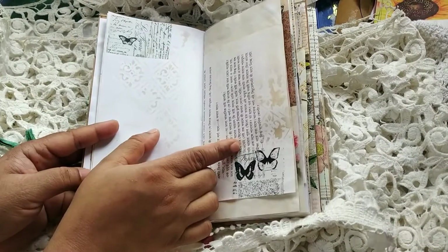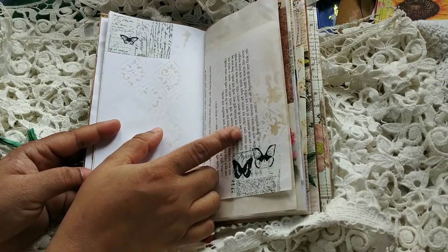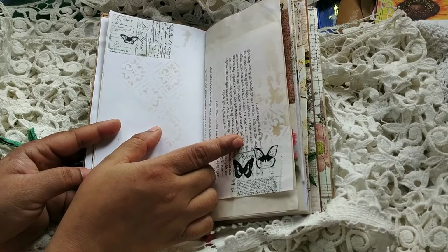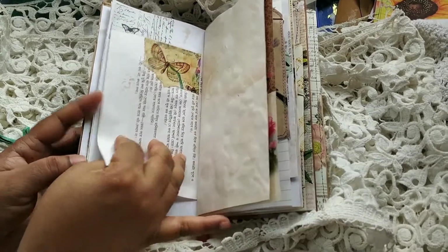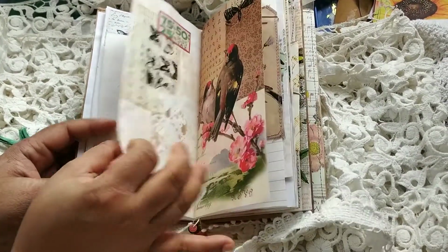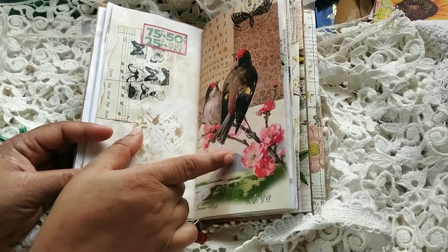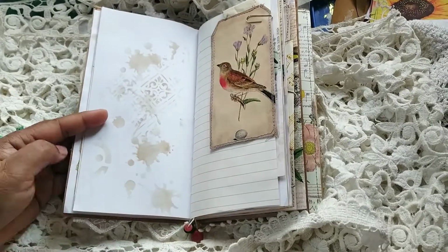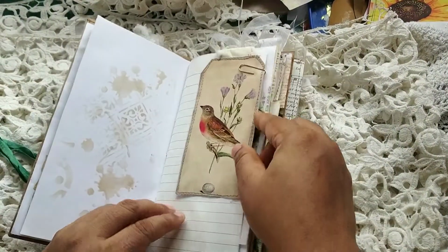And on the other side, this is a very old Bengali book page. Bengali is my mother tongue, and incidentally, that was also the language of Tagore. So that's a book page that I've used, and I've done some layering again over here. This page is from Shabby Cottage Studio. I've done some stenciling. This is a flip over tag,